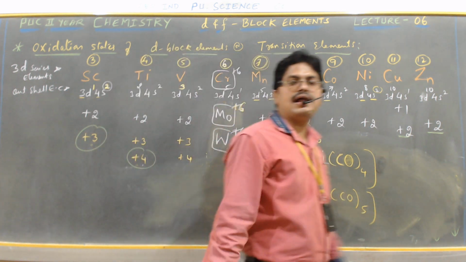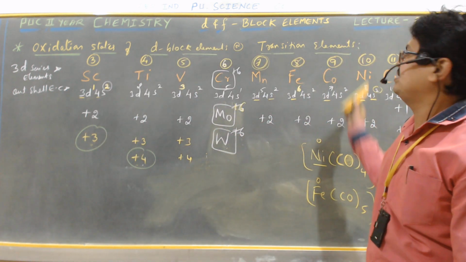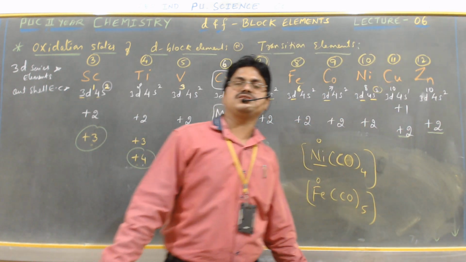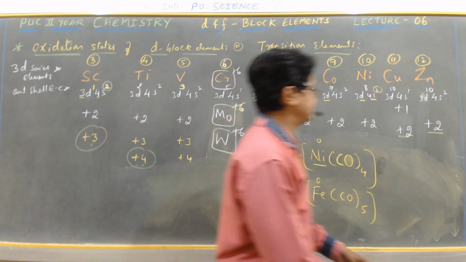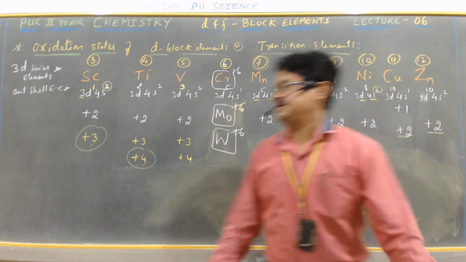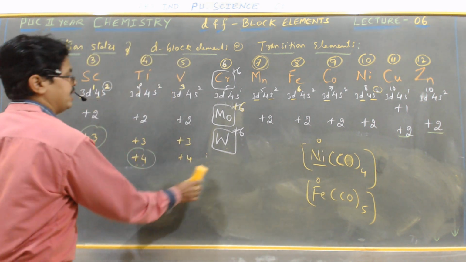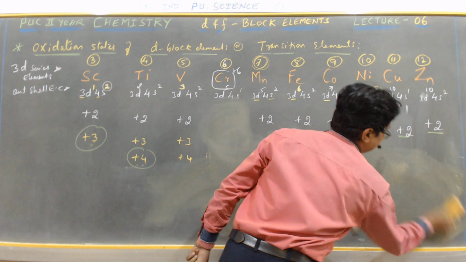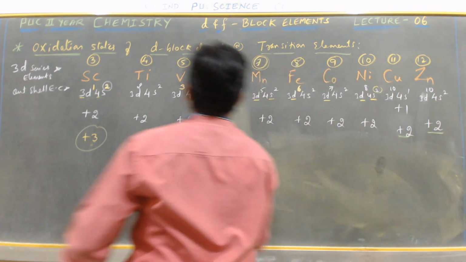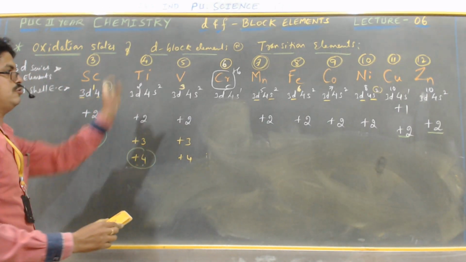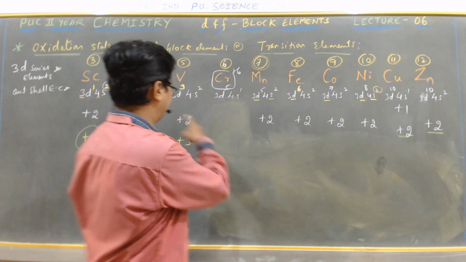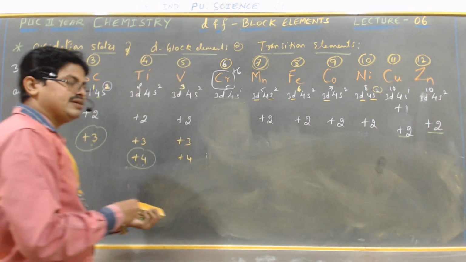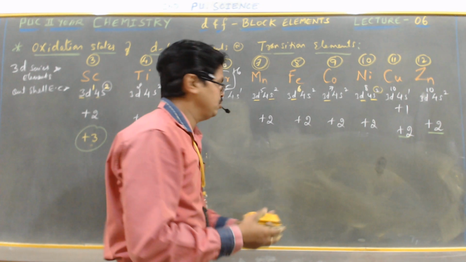Fine. So this is what we have regarding the oxidation states of d block elements. Hope it is clear, dear students. See, another point to be noted. Of course, theoretically I showed you how the oxidation state of each group of d block elements is obtained here. But practically, when you go through,